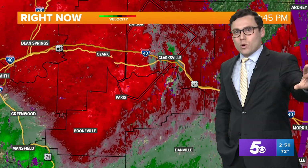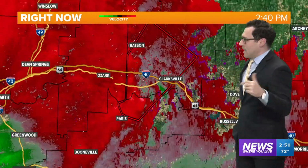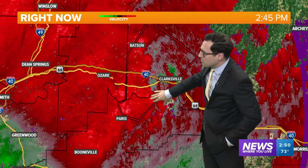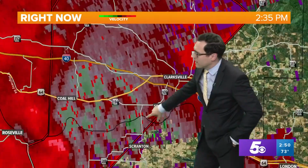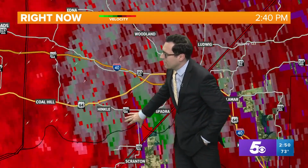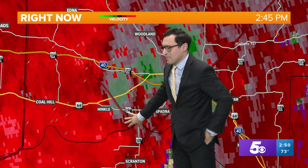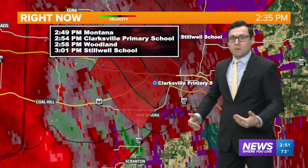We've still got more storms out to the west that will develop over time across Oklahoma, and they'll be heading this way. Area of rotation that we've been watching, that Matt's been covering here, it is moving more towards Clarksville, so we need to watch it. That little notch right there, again, it's broad rotation. It doesn't look like, at least from radar, there's an ongoing tornado, but believe it or not,